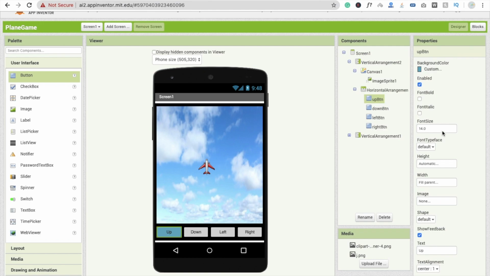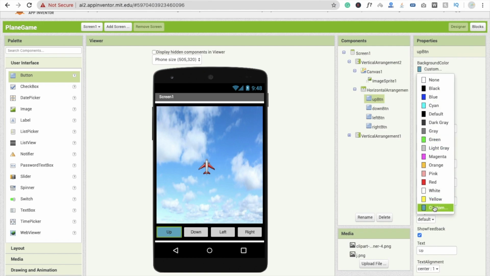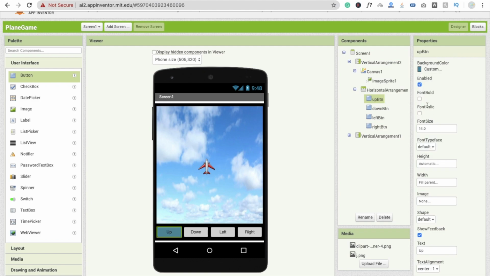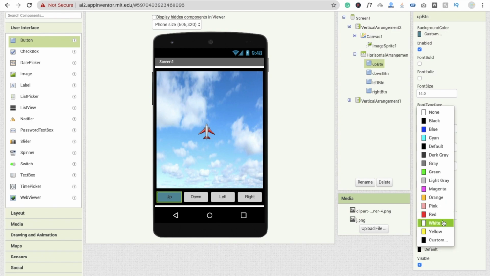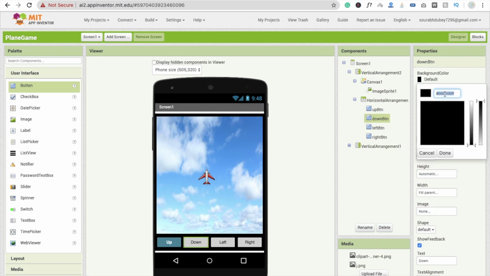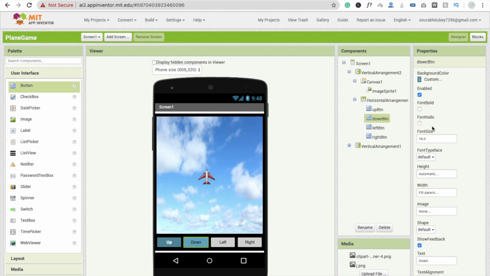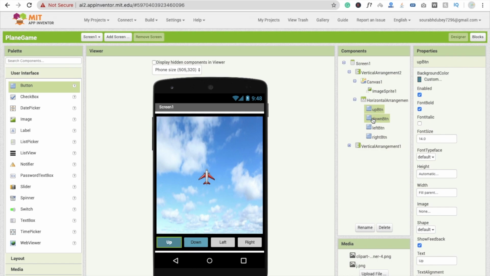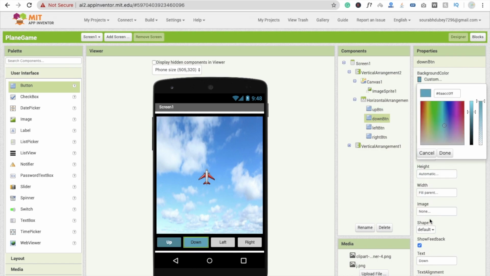Click on done. It's styled, but it doesn't look good. I'm going to make it more dark like this, and I'm going to change the text color to white and make it font bold. Do this for all images, like change the background color again like this. Okay, copy this up button background color from here, custom. Go to the custom, copy this color and paste this color in all buttons.